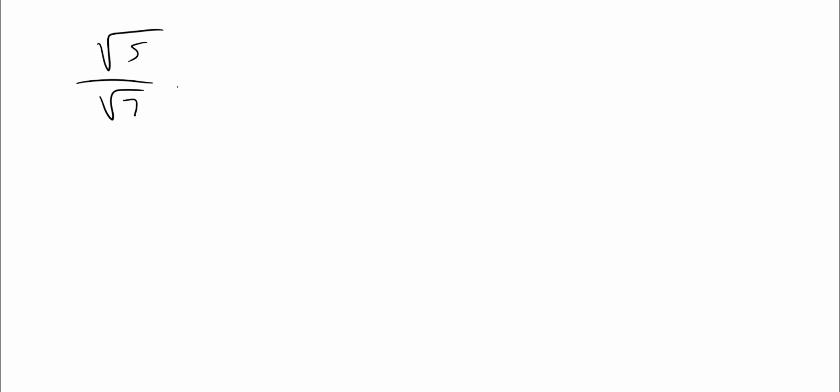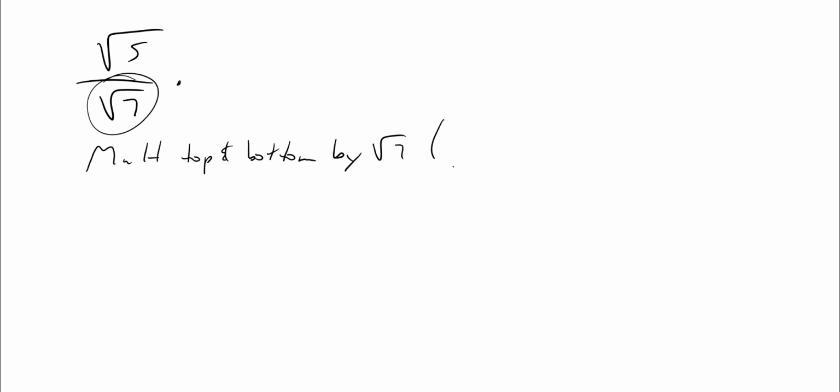The only way to get rid of that square root of 7 is really simple, okay? And these are just for square roots. We're going to get into cube roots in a second here. But this is square root. What you want to do is multiply the top and bottom by, in this case, the square root of 7. So whatever is under the square root in the bottom, that's what you want to multiply the top and the bottom by. Because watch what happens. If I multiply the top by square root of 7 and the bottom by square root of 7,